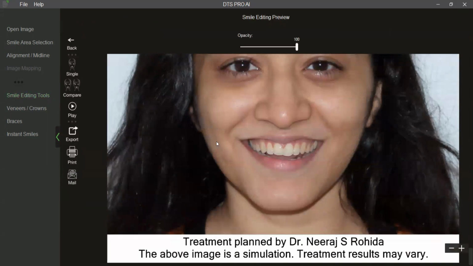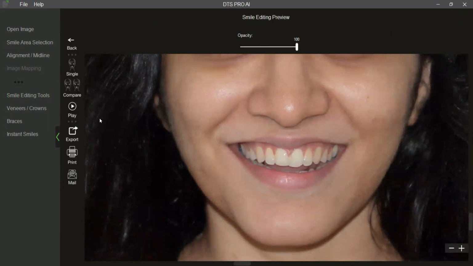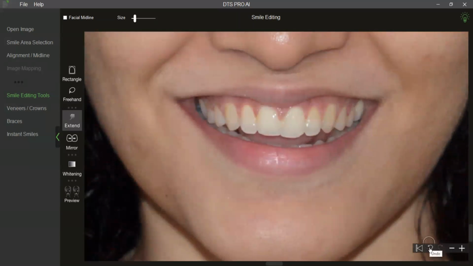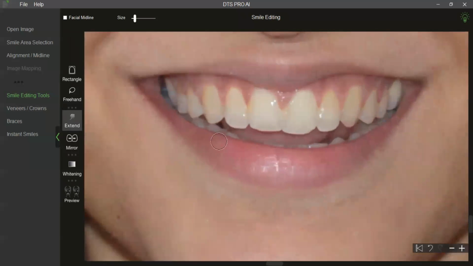I will go to the preview screen and I will play this for the patient so that it becomes crystal clear what exactly is the change that is going to happen once the gingiva has been shaped, right? I will come back to the screen. You can undo one step, redo, or you can undo the entire changes using the revert button. So with revert, everything will come back to square one. I will not be using that right now.